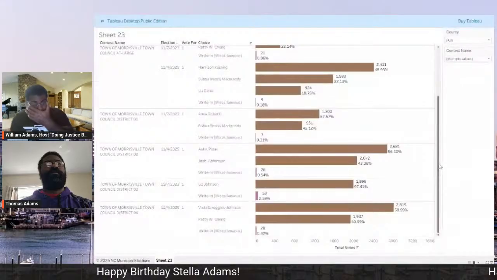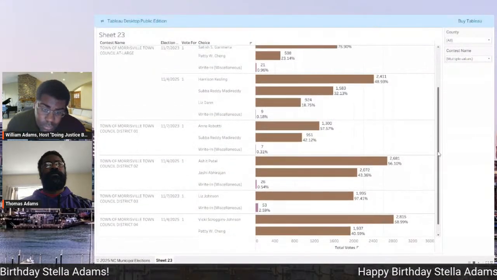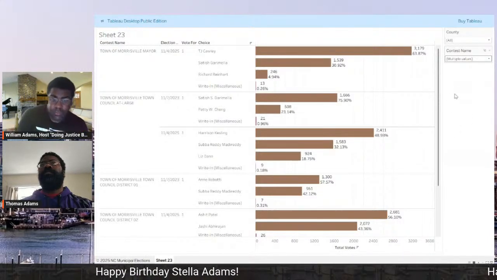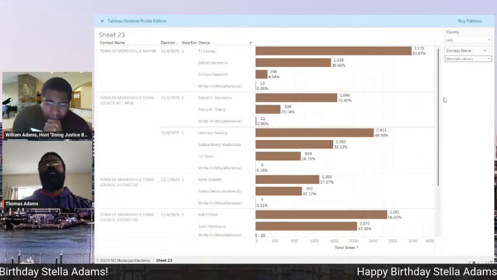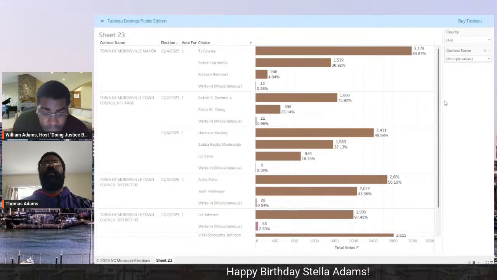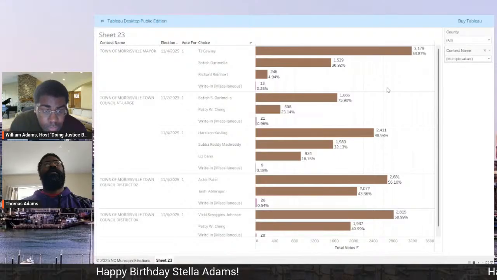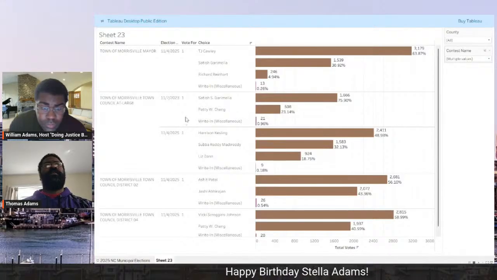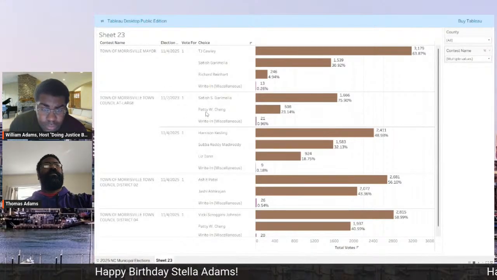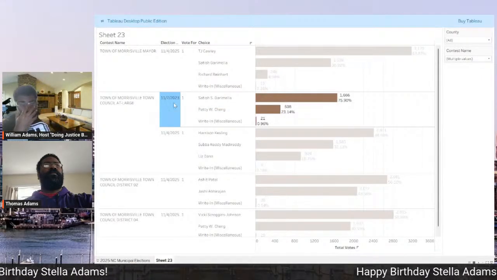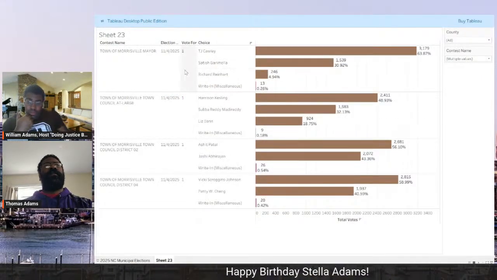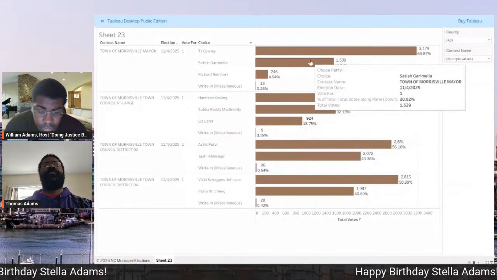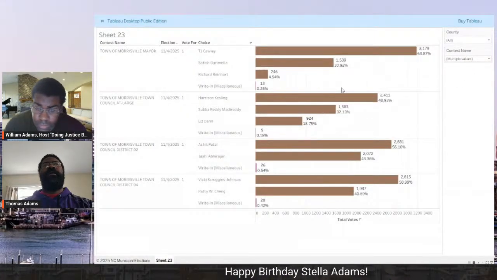Okay. So let me see. Let me take out some of the ones. I think you will see that some of the races, let me see this one. Hide that race because that race was actually from 2 years ago. Okay. So the races from this year, you can see, are for the mayor